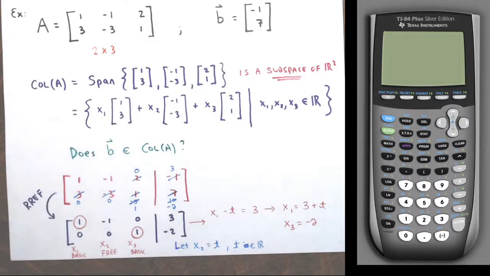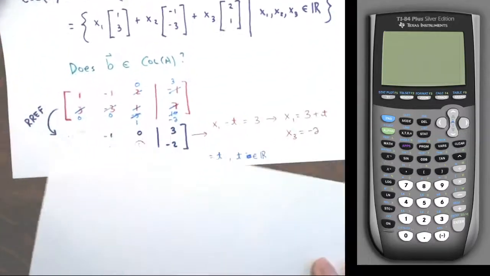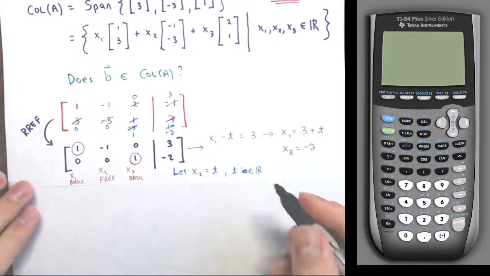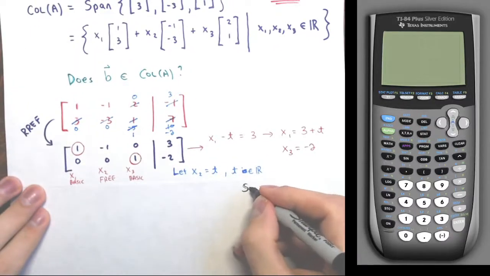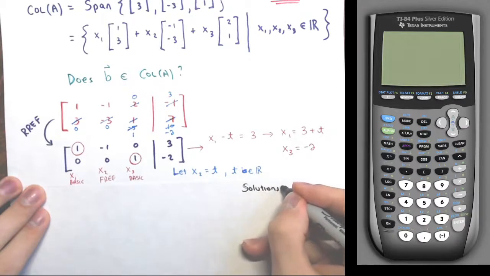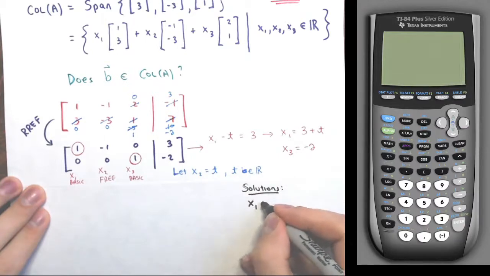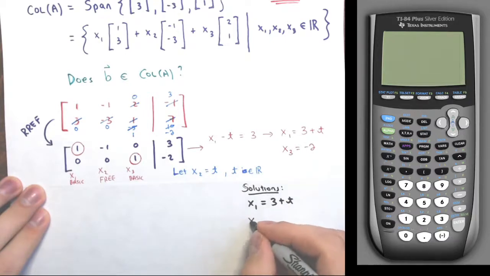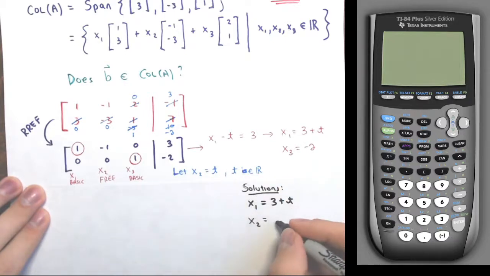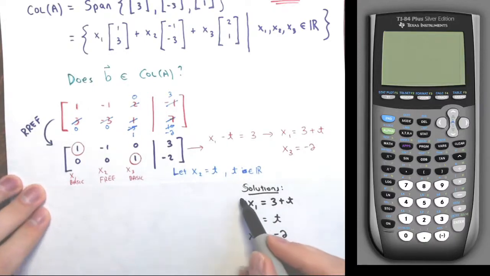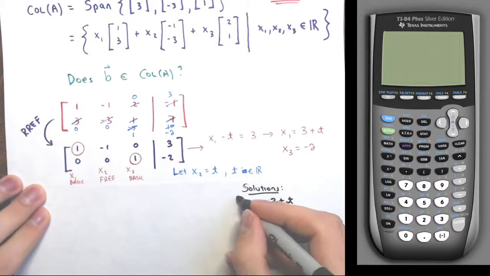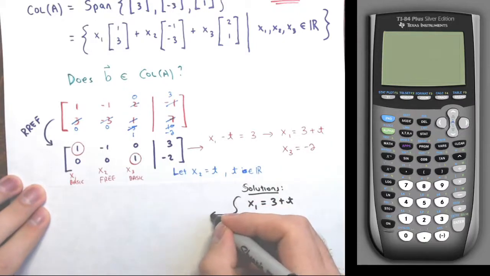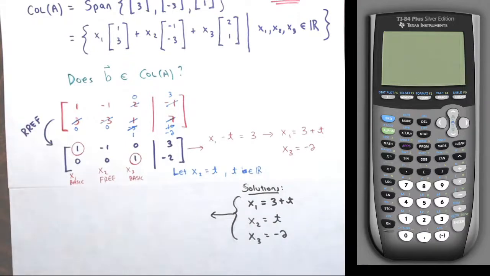So this equation definitely has infinitely many solutions. The solutions: x1 equals 3 plus t, for whatever I choose for t. x2 is just t, and x3 is always negative 2. So it definitely has solutions. That tells me that this vector, negative 1, 7,